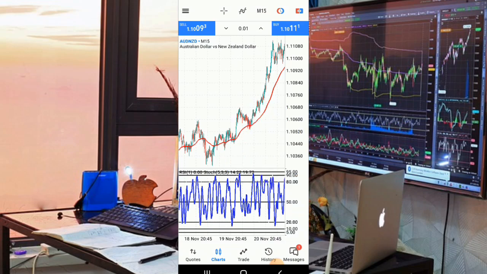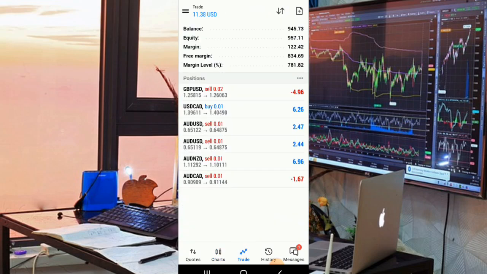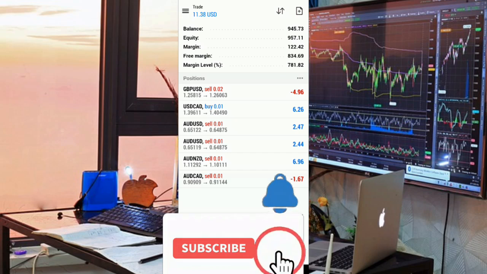So guys, as I promised you that in the middle of the week I'll be coming to show you another trick that we can use. This strategy is really amazing. Just try it out. Maybe you can try it out on your demo account, or you can just back test the strategy and see if it works for you. And if it works for you, you can adopt it, take it,